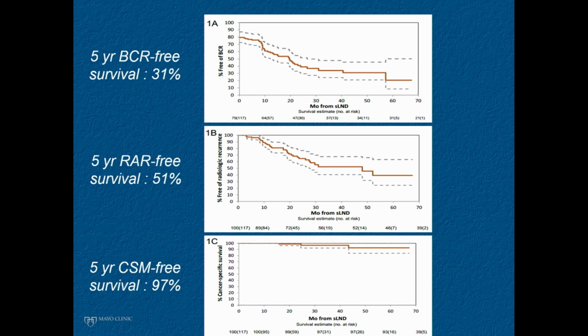Again, we're not curing a lot, but we wouldn't be curing these patients if we were giving them a systemic therapy either, and perhaps delaying their time to ADT. These patients were not treated with ADT afterwards. You can see here the 50%, this is a progression-free survival. They were not found to have recurrent disease on PET scan, even if their PSA rose.